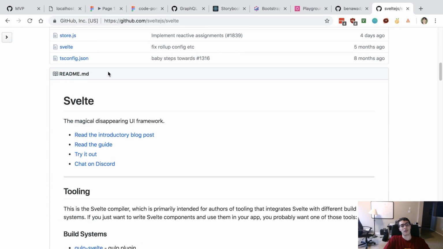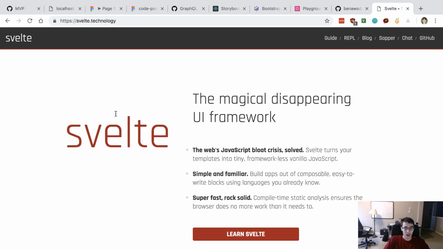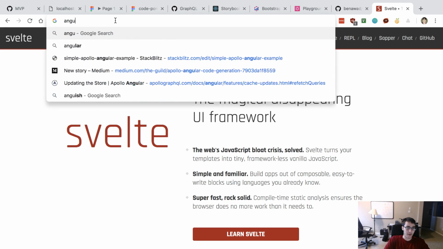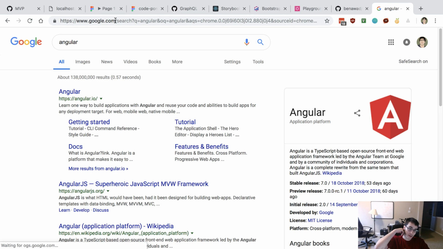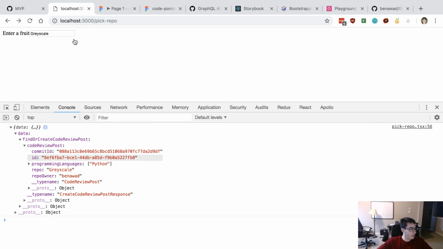Svelte. So I would give this one a try, and then I would give Angular a try. But this all happens after I get tired of using React or don't like it anymore. And so far, I'm really liking React. Vue is low-key crazy.